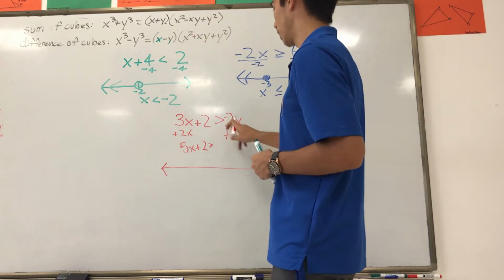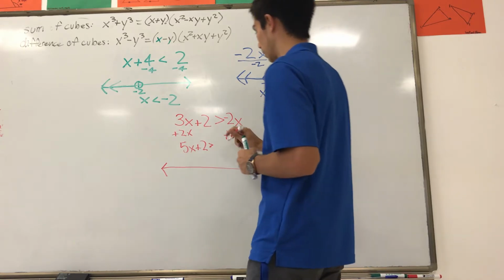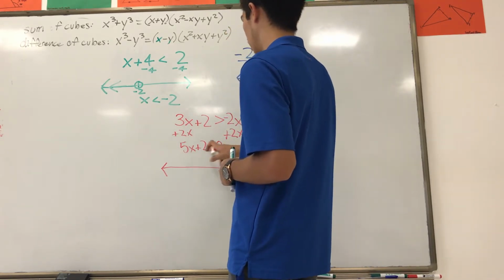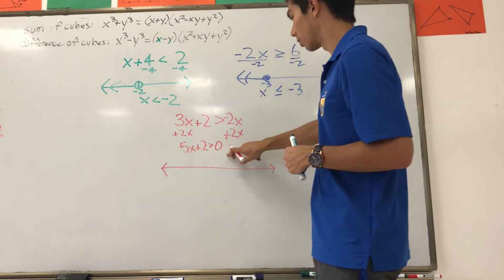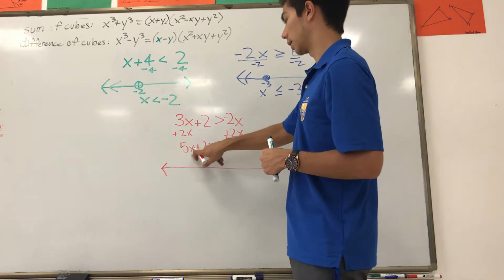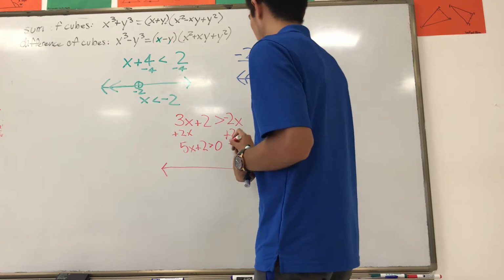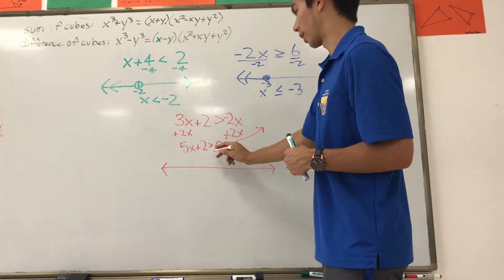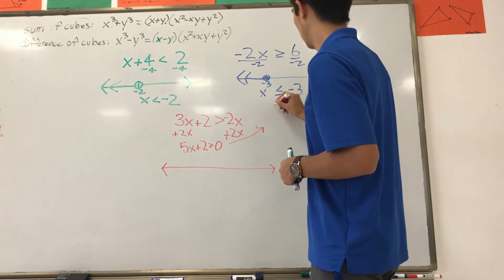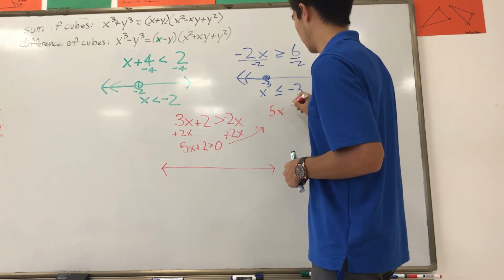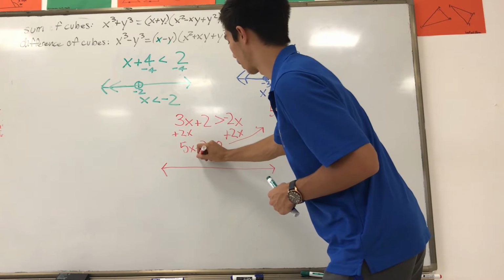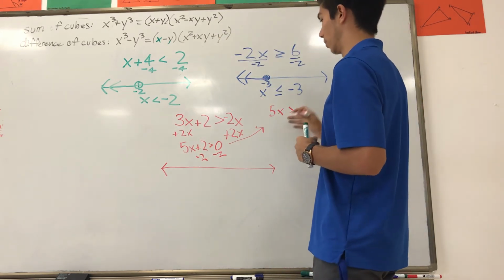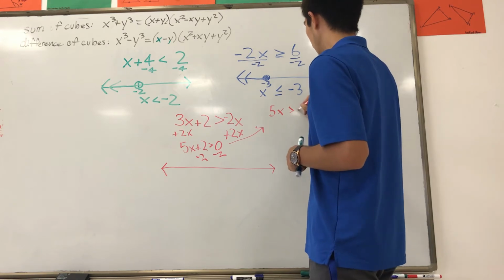There is a -2 here, but we're just adding, so we don't have to flip the sign or anything. This goes to 0, they cancel out, so -2. So I have 5x plus 2 is greater than 0. I still want to get x by itself, so I still have work to do. I'm going to subtract 2 from both sides. Again, even though I'm doing a -2 here, I'm not dividing, so I don't need to worry about flipping the sign. So I get 5x